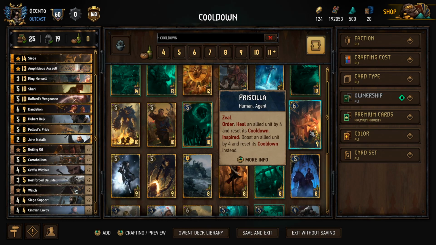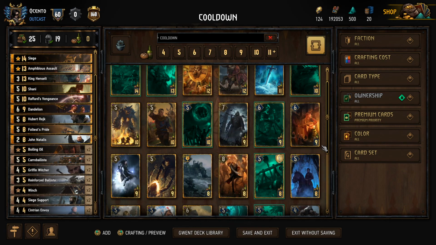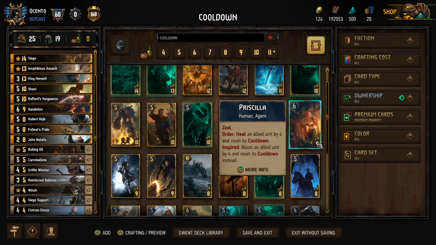And Priscilla was the last healthy consideration that I had here. Being able to heal a unit, reset the cooldown, and the inspired effect's always nice too because we have ways of boosting units. But Priscilla was a little bit expensive. I prefer Priscilla back when she gave charges every turn, 2 charges when inspired. That was really cool. But for 9 provisions here, it was a little bit difficult to pull off,